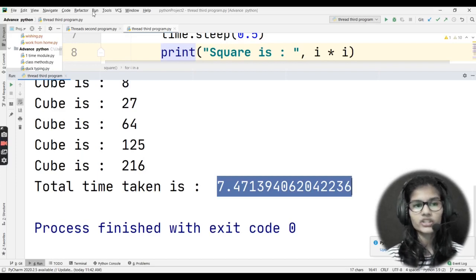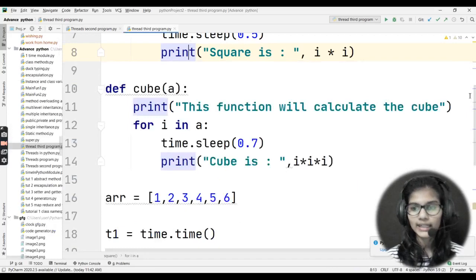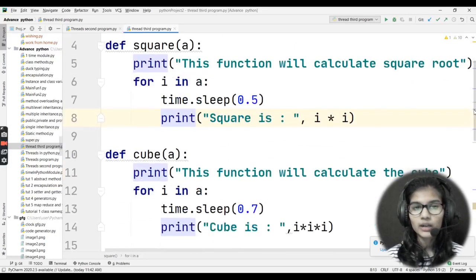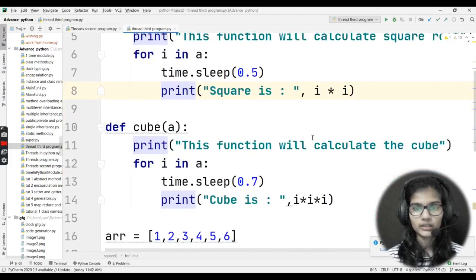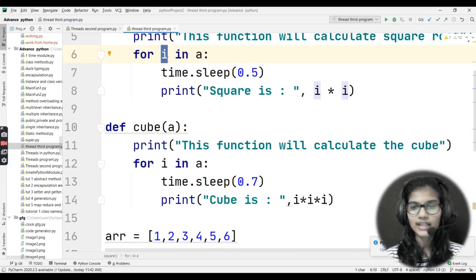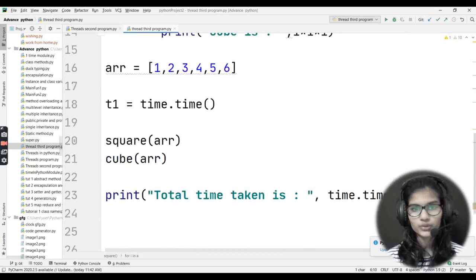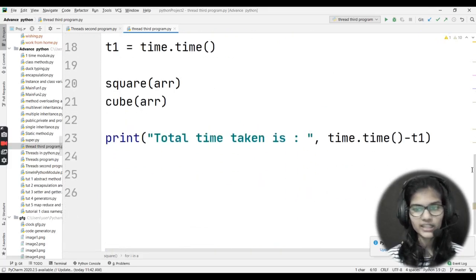So this is how we write a program for threading, and this is how we use the things here. So here, instead of that, it would be I, because I is my iteration, and that only I want to do here. That is 1, then it goes to 2, then it goes to 3, then it goes to 4, then it goes to 5, then it goes to 6, right?